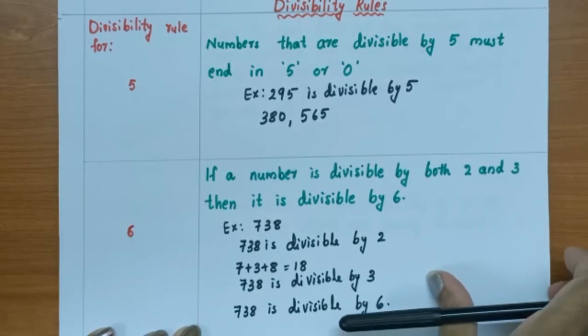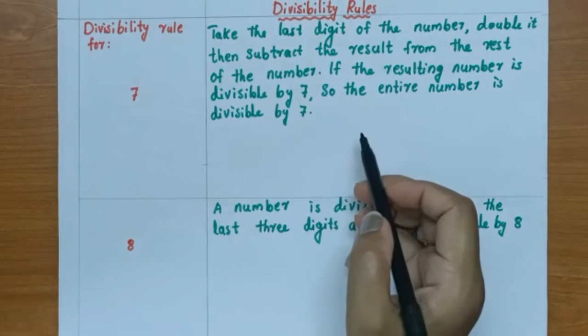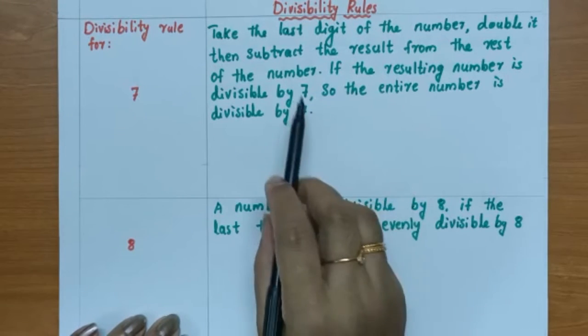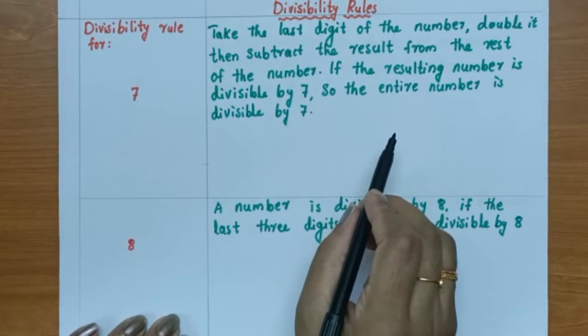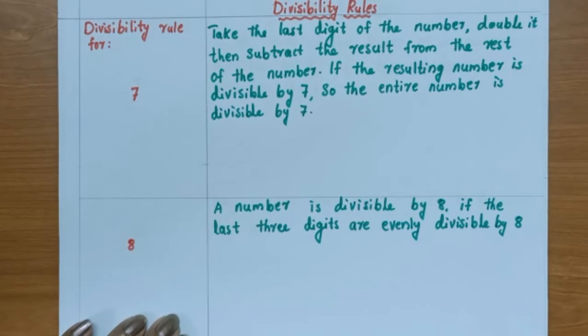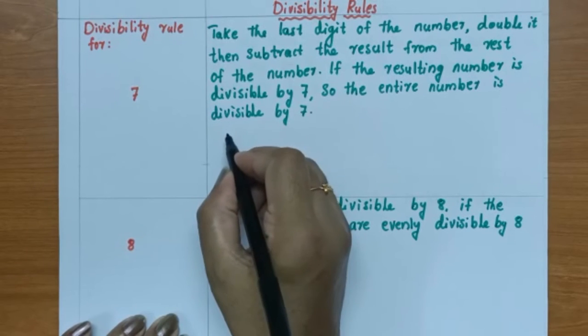Now, divisibility rule for 7. Take the last digit of the number, double it, then subtract the result from the rest of the number. If the resulting number is divisible by 7, then the entire number is divisible by 7. So, for example, we can take